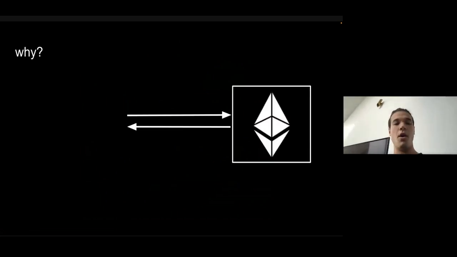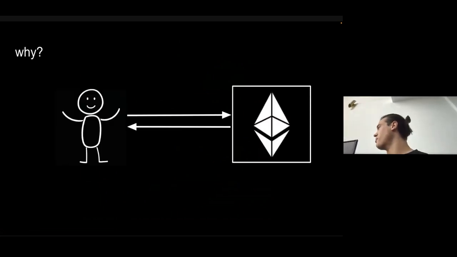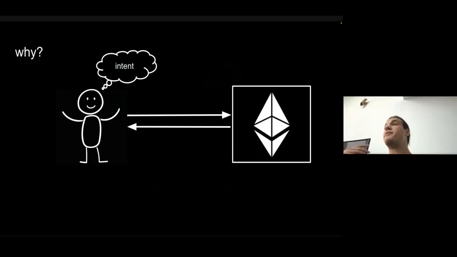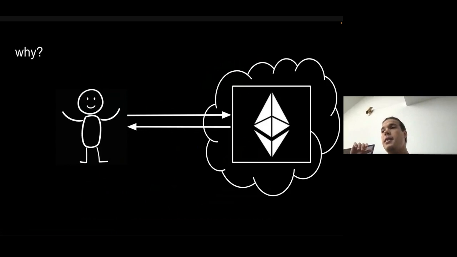Okay, easy. Why? Well, if we come to the fundamental interaction in blockchain, we have a user and a blockchain. Here, I put Ethereum. It could be any blockchain. It could be some collection of blockchains, whatever. They want to change the state of the world, and they have some intent, right? Some desired change they want to accomplish, but the blockchain is complicated, right? There are many smart contracts. The actual workings of it are very impenetrable. Even for me, I work in crypto. I'd imagine for many other people, it's even more impenetrable, right?